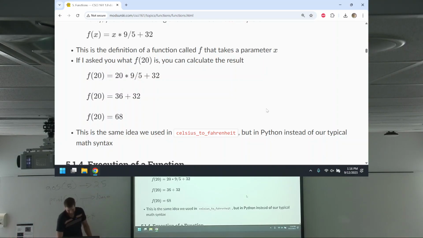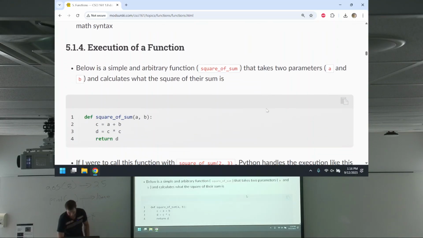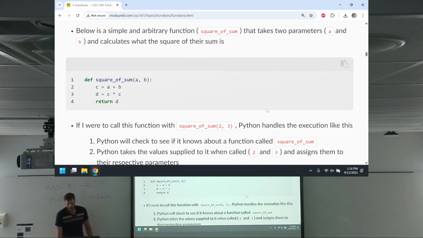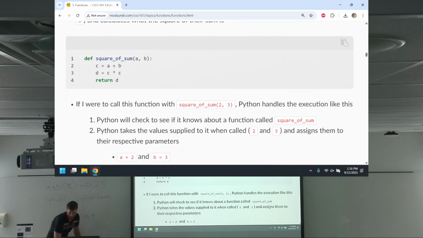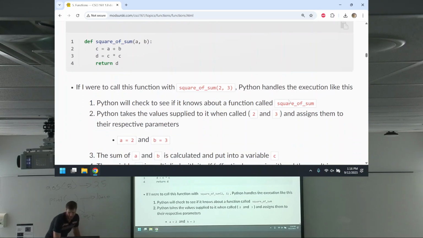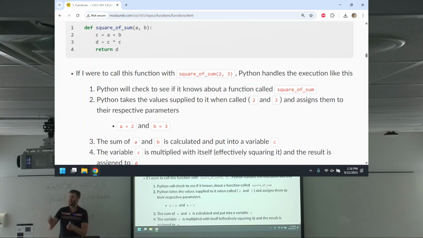That's what I'm doing. All right, so execution of a function. Let's say I've got some function called square of sum. It's going to sum two values together and return the sum. If I call the function square of sum 2, 3, Python will